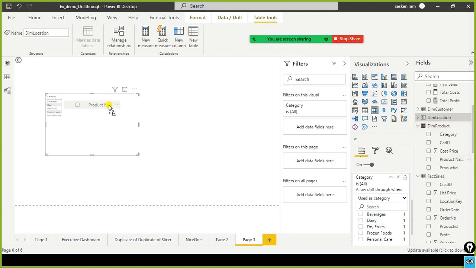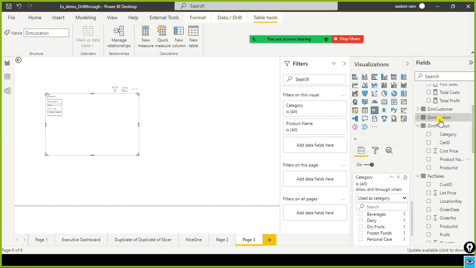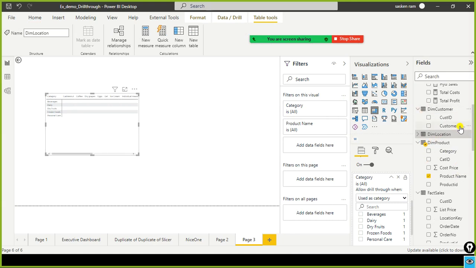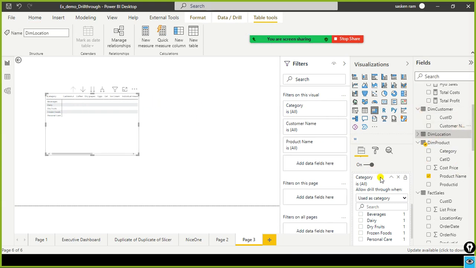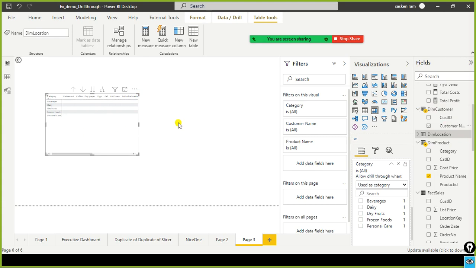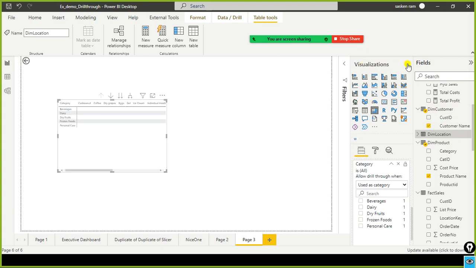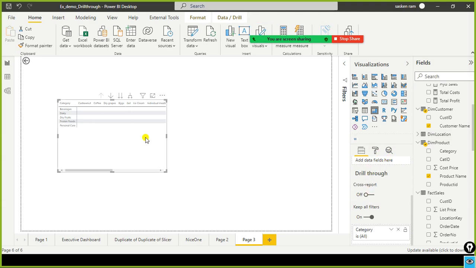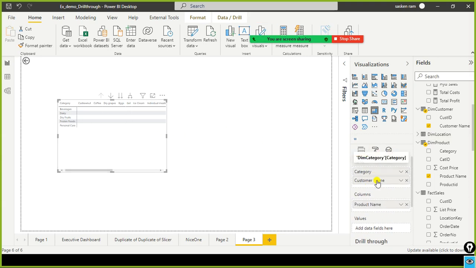We wanted to see the sales by category, by product, by location, split up. In columns, since we have a small number of categories, I just put it here. And product name, probably I will put it in rows.